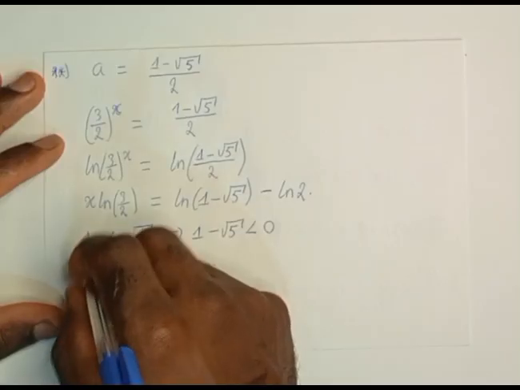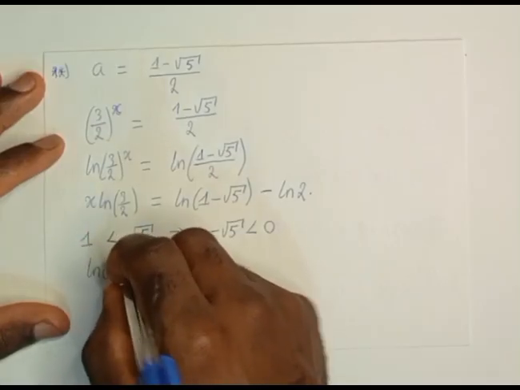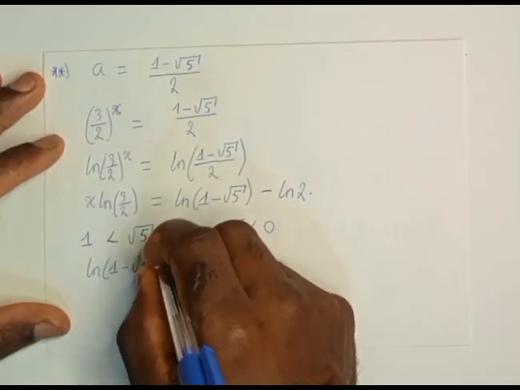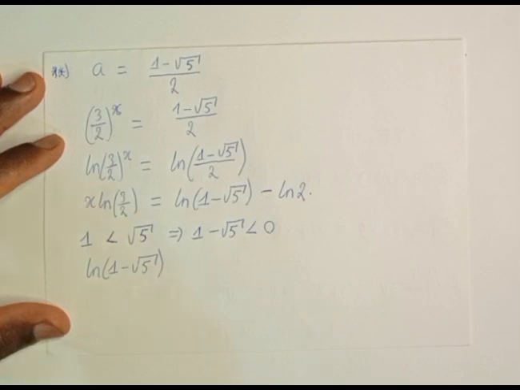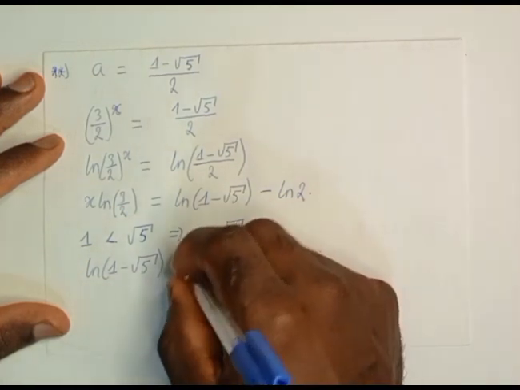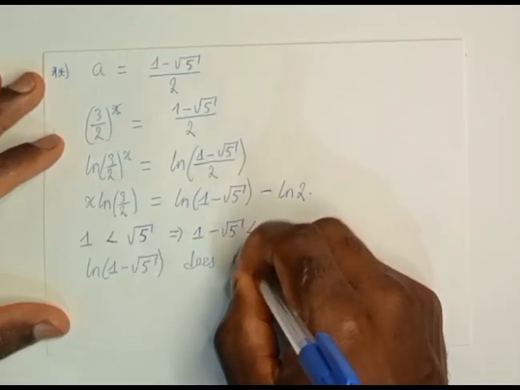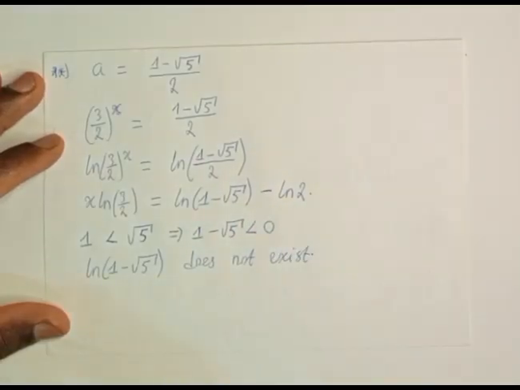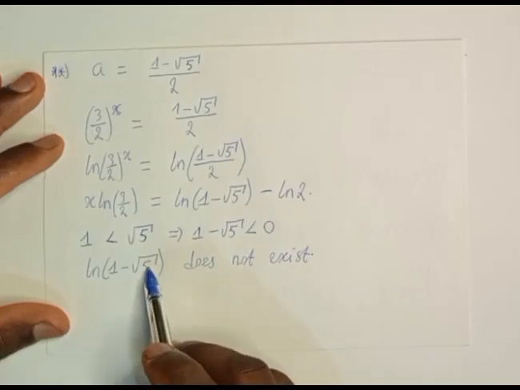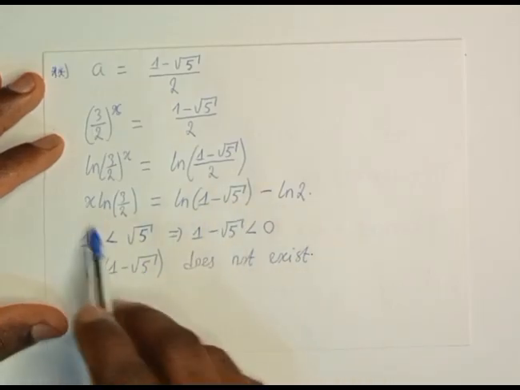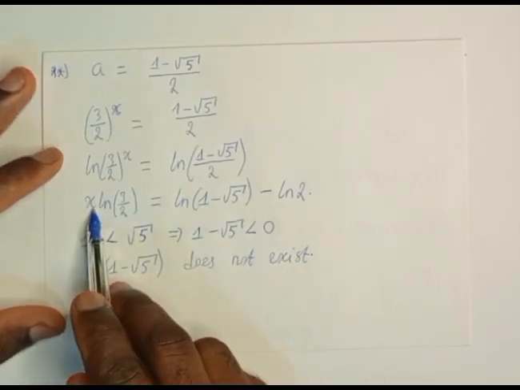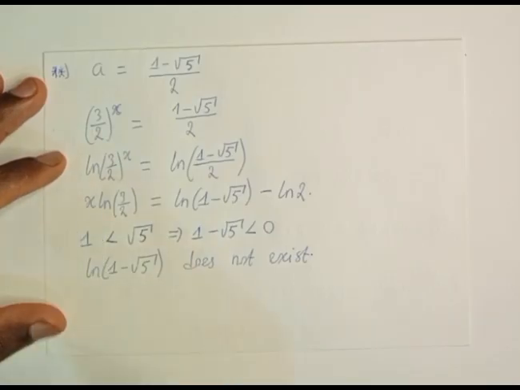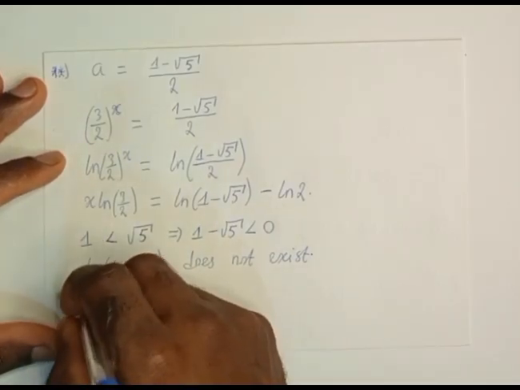If we take the ln of 1 minus root 5, that means we are taking the ln of a negative number, and the ln of a negative number does not exist. Since the ln of 1 minus root 5 does not exist, it simply means the second solution for x does not exist. And we are going to conclude, therefore,